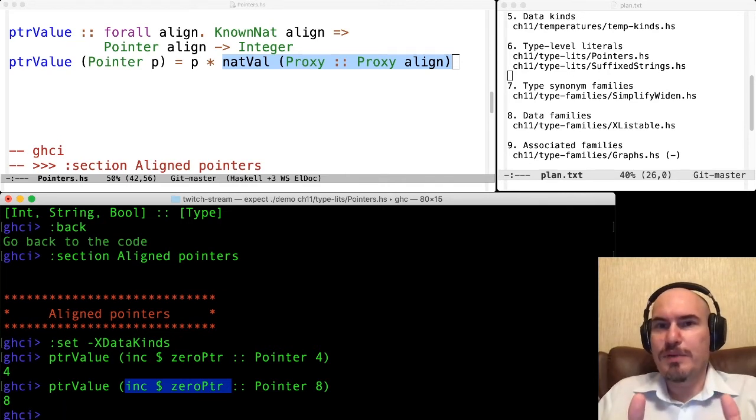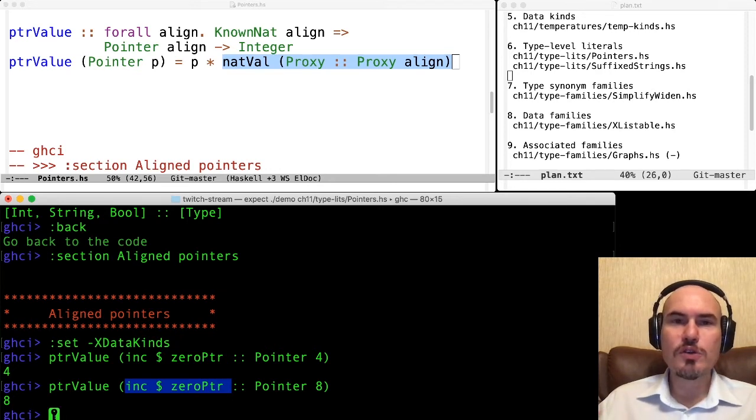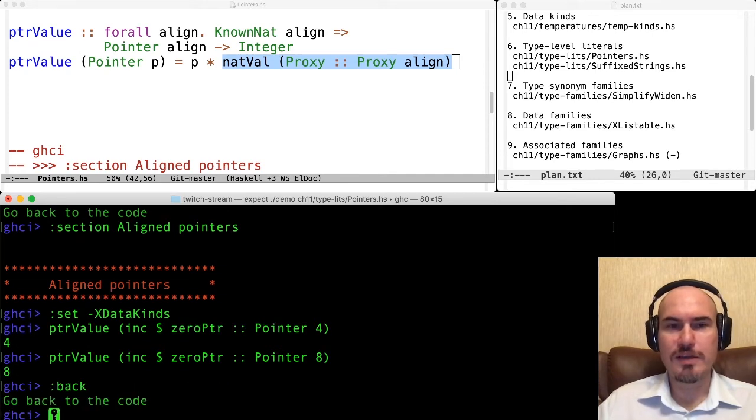Well, very simple, extremely simple. But we use information from types to do something at the level of terms. So this is type level programming. We not only express an idea of alignment in the type, but we also control it, and we also use it in implementation. So it works like that.